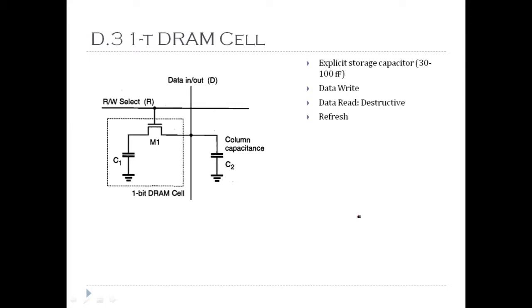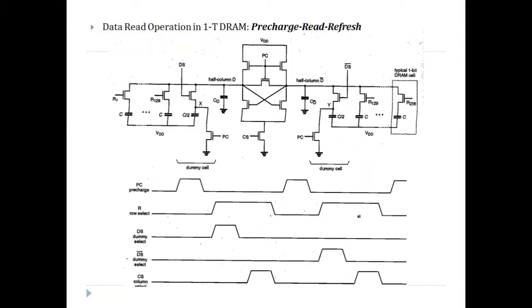because of the leakage current. Because of the leakage current of M1, C1 may lose the data, and hence we have to carry out the refresh operation on this cell. This circuit shows the refresh operation, how it is carried out. But the refresh operation of a DRAM cell consists of 3 phases.